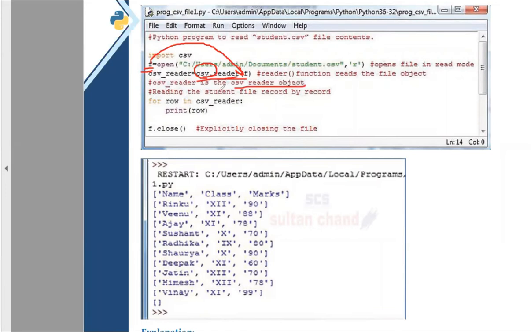For row in csv reader, print row. Here we are passing through the csv reader and getting the content stored in the variable called row, and when we are printing it, we can see the list appearing. The first row in the form of a list, and the second row and third row, it goes on like that. Whenever it is looping into it, each and every time you can retrieve the row from the CSV file.